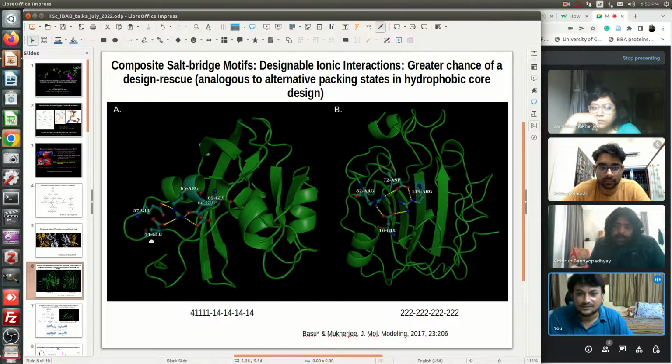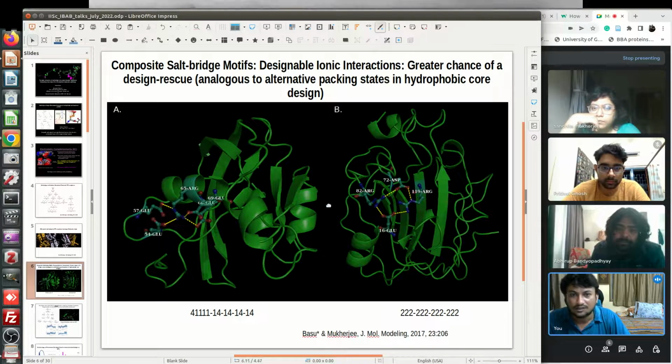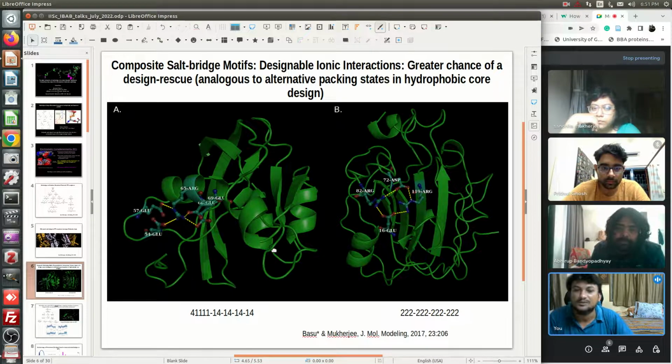Another set of motifs, as you can see, are these complicated, really composite motifs. So this is called 5 star because it has a star-like topology. It's made of 5 nodes with one central node, and this is a 4 cycle because it's a cycle, just consisting of 4 nodes. So here our hypothesis was that we can try to design for the future composite salt bridge motifs rather than standalone salt bridges, and that might have a chance to increase the probability of a design rescue. I'm not saying that you would get returned the exact design that was aimed for, but at least